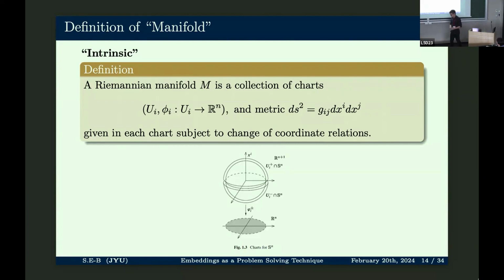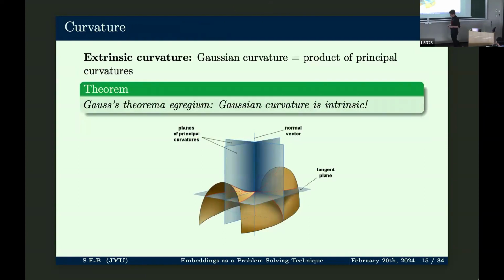Or in physics, this would correspond to having some space that is given different coordinate systems. We have some quantities in these coordinates that change in a given fashion. One of these quantities is how we measure distance, namely the metric tensor. So we have quantities like distance, coordinates, and then we have rules of transformation between them. But here there is no embedding given. Now, what is the relationship between these two? Well, first,